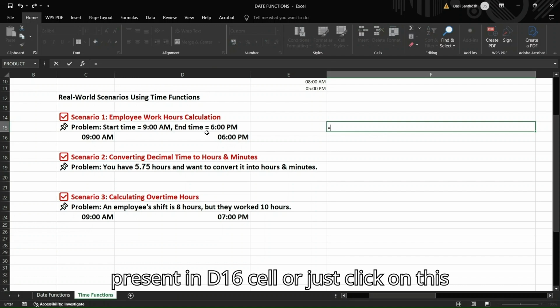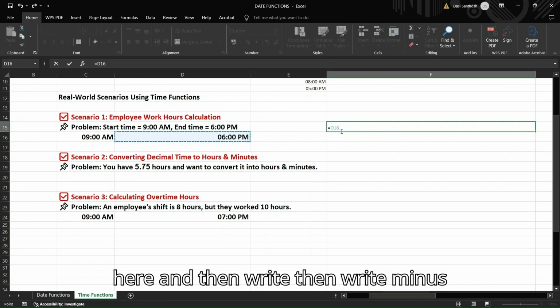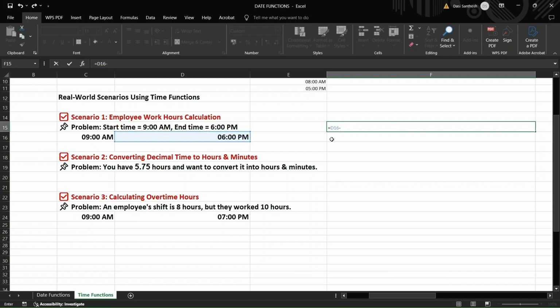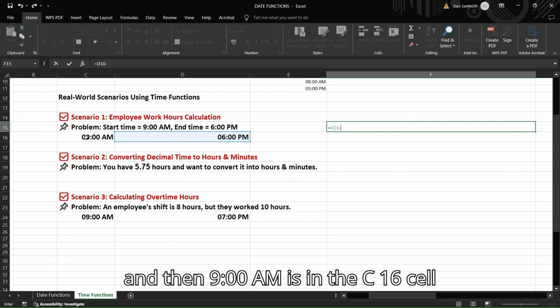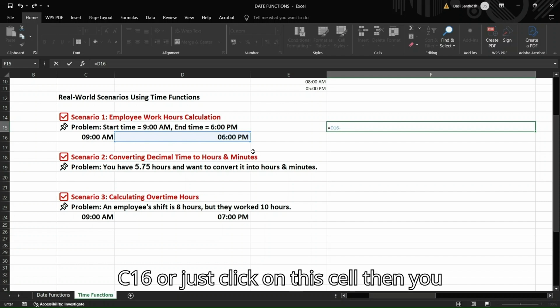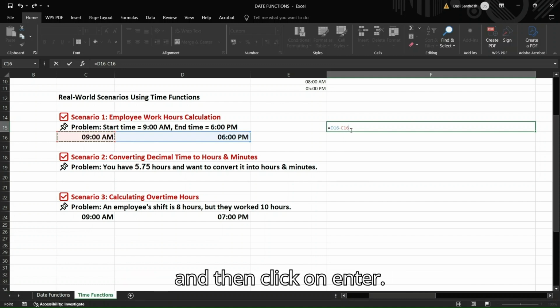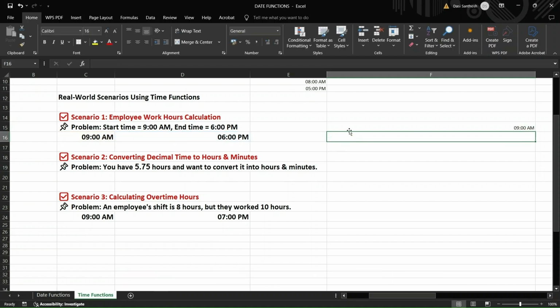So it is present in the D16 cell. Just click on this cell, then you will get the cell address here, and then write minus. The 9 AM is in the C16 cell, which is our starting time. Just write C16 or click on this cell, then you will get the address of this cell here, and then click on enter. Now